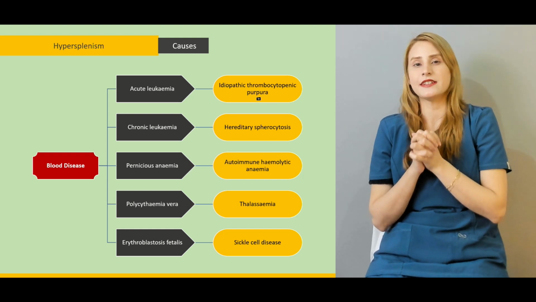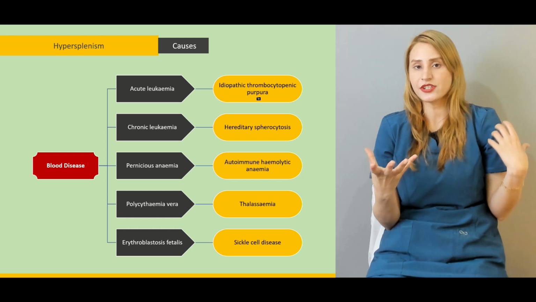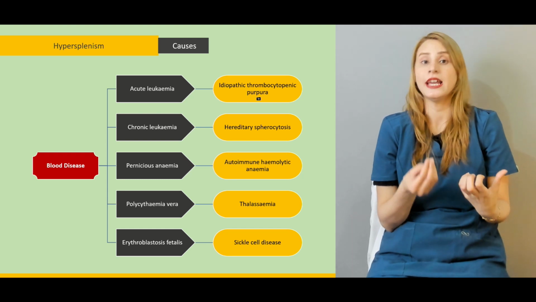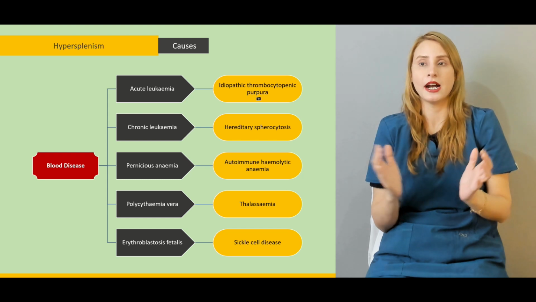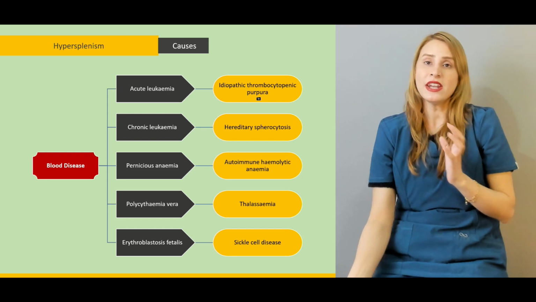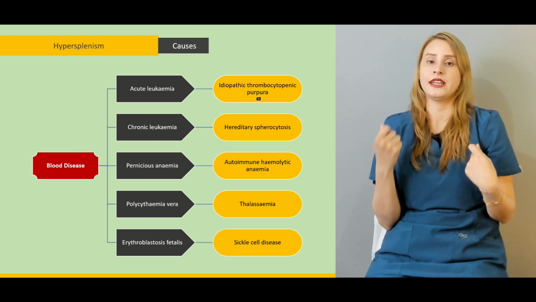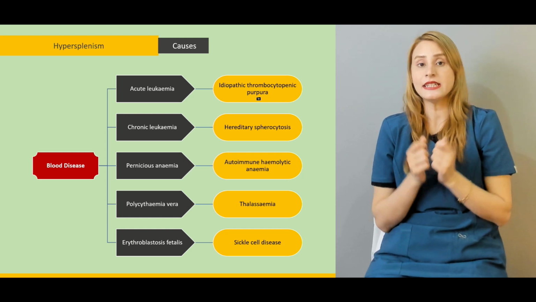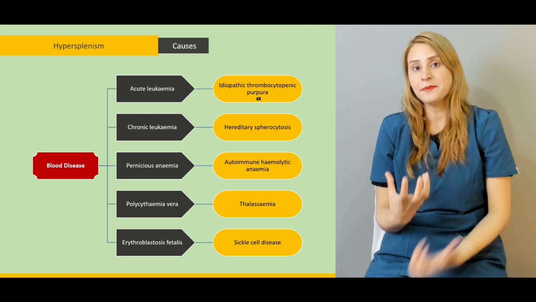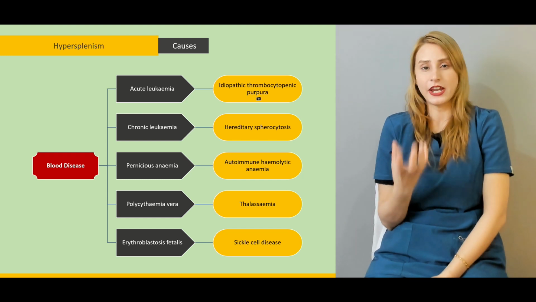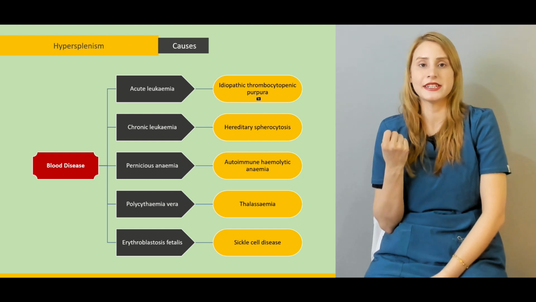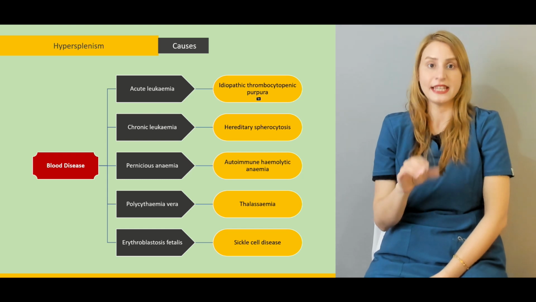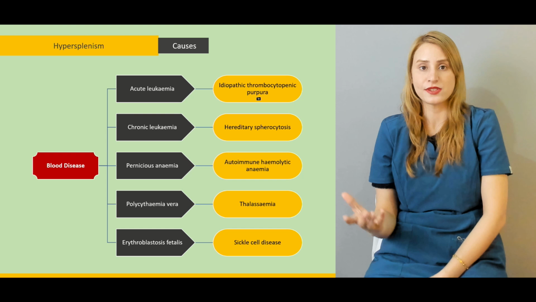Talking about hereditary spherocytosis, there's some kind of genetic mutation involving the ankyrin or the spectrin proteins, which form the membrane of the red blood cells. Whenever there's a mutation to the membrane, the cells become very, very fragile. In hereditary spherocytosis, the normal biconcave shape of the RBCs turns into spherocytes, and actually